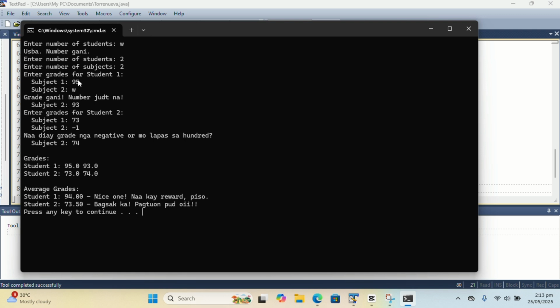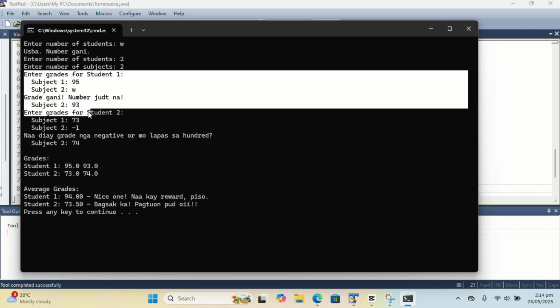So this is the grades of student 2, then the average grade of student 1: add 95 and 93, then divide by 2, then student 2's average, add again and divide. Then this message, if above 75 or equal, this one is printed, and this one if the grades failed.